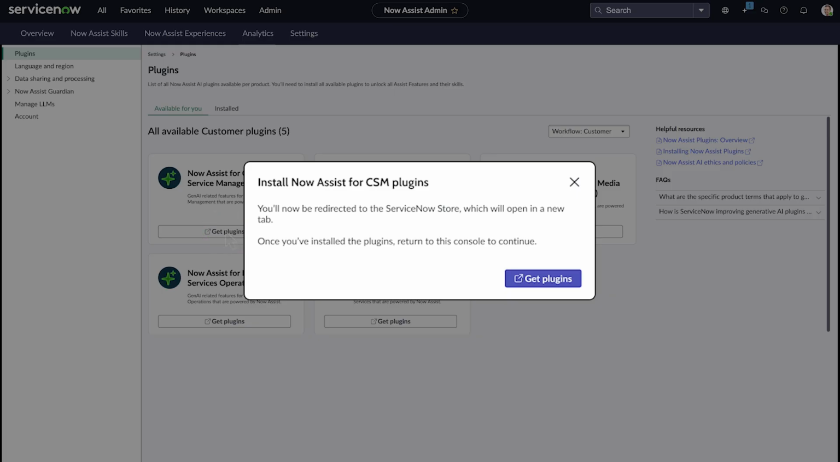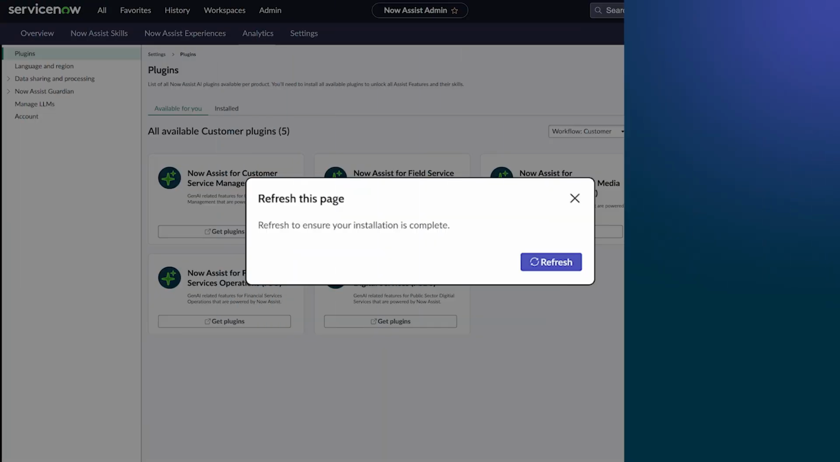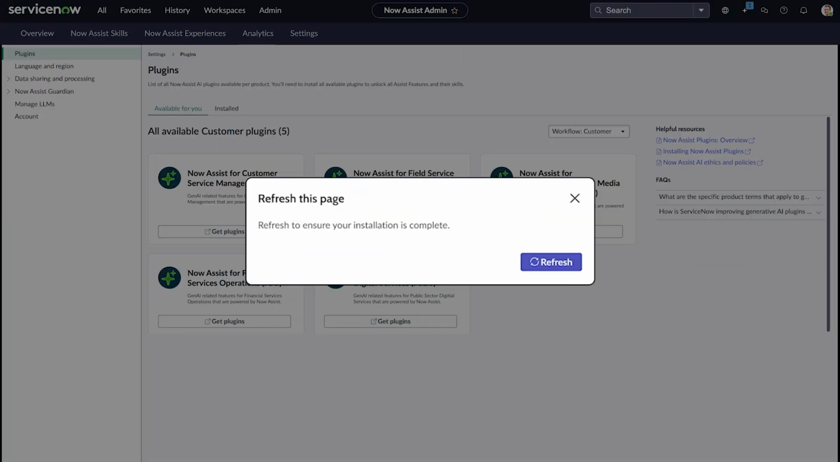Let's get it. From the install modal, we're directed to the ServiceNow store, which launches in a new browser tab. There, we install the plugin. After it's installed, we return to the console page and click Refresh to check the installation status. The modal confirms that the plugin is successfully installed, and we're prompted to go to the Now Assist panel to